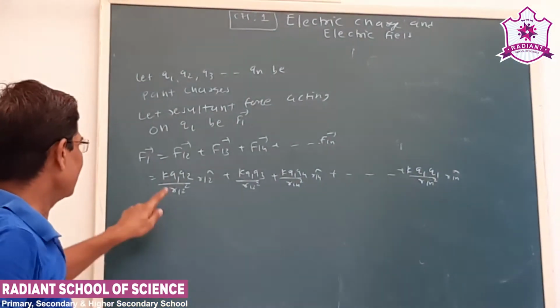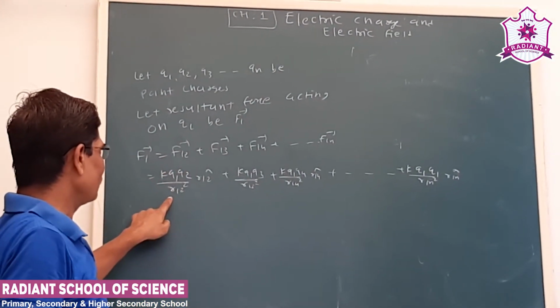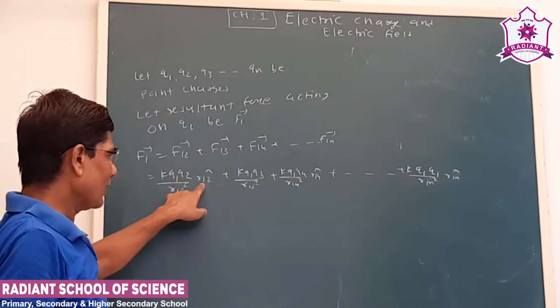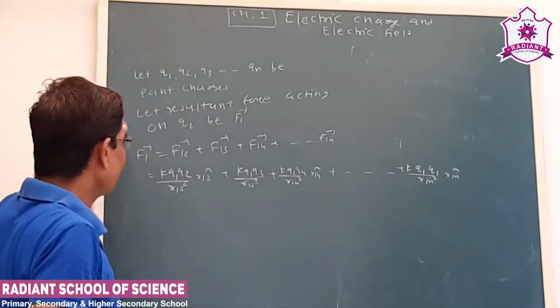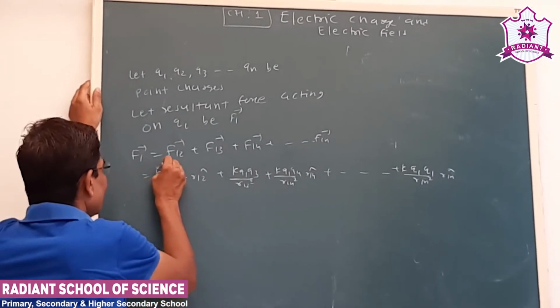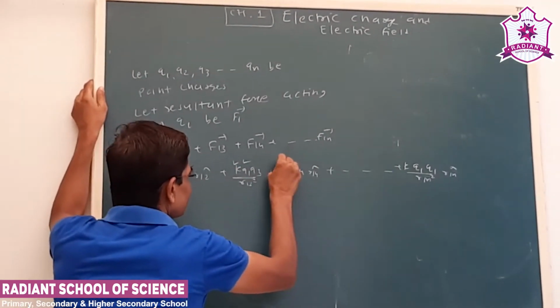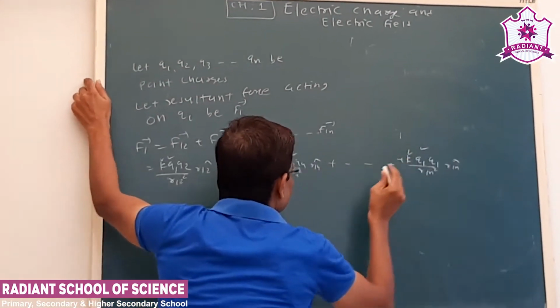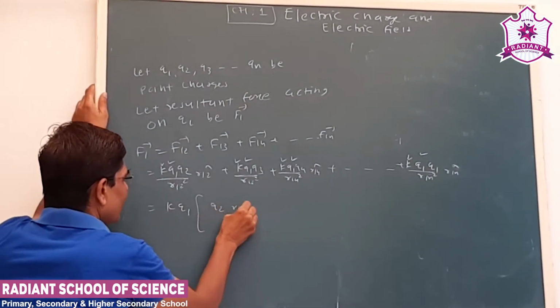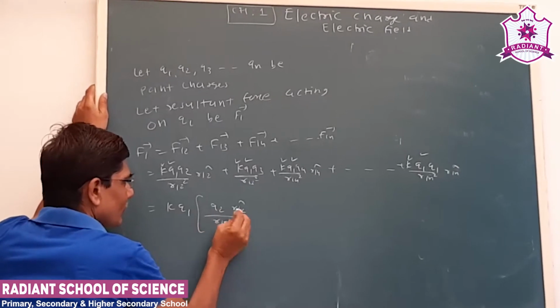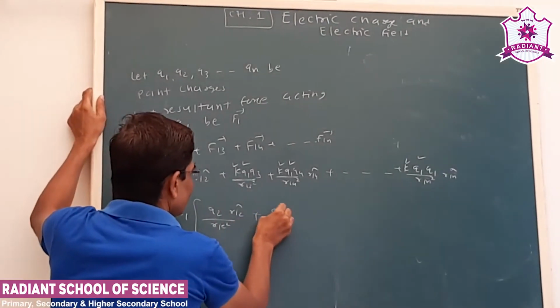Okay, see what we have written: F12 = KQ1Q2 upon R12 square into R̂12 carrot. Similarly, F13, F14, up to n number of charges. See what we can take common here. We can see KQ1 is common. So we can write KQ1 [Q2 upon R12 square R̂12 carrot]. Similarly, Q3 upon...